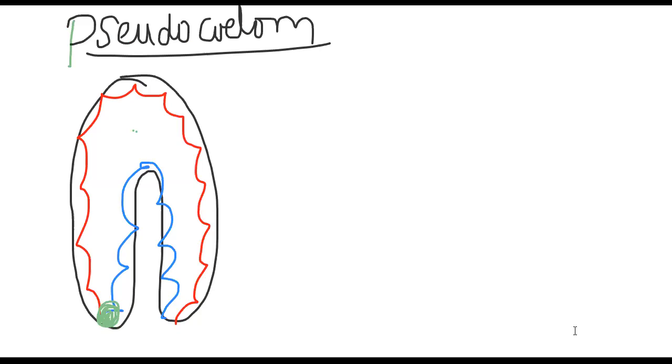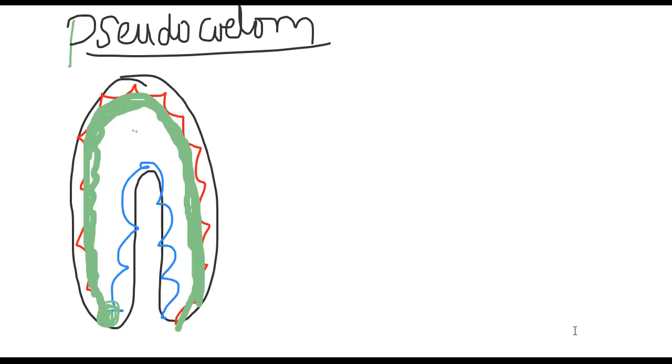Okay, so now let us see what happens here. That is the mesodermal cell, what they do at present. The mesodermal cells divide and go towards the ectoderm, leaving the cavity. The mesodermal cells are dividing and moving only towards the ectoderm, the outer layer. So that is the thing that happened.